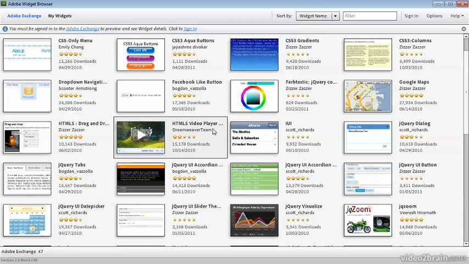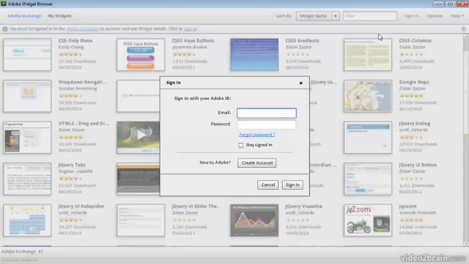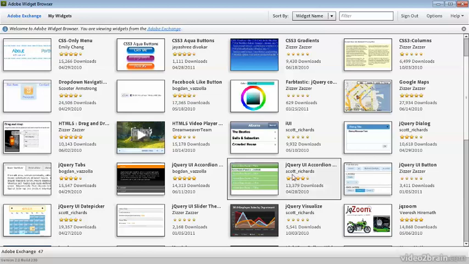Before you can download anything, you need to sign in with an Adobe ID. The sign in is here at the top right, and it prompts you for your Adobe ID, which is normally your email address, and a password. If you've not created an account before, click this Create Account button. Creating an account is free and it takes only a minute. Well, I've already created an account, so let me just sign in. So now that I'm signed in, I can look at any of these widgets and see which ones I want